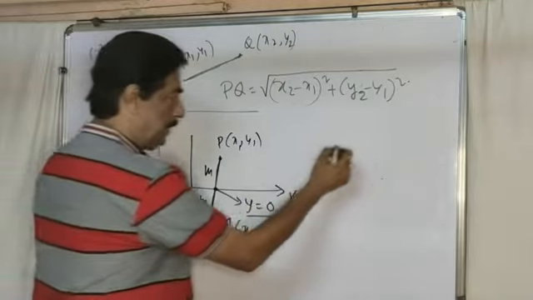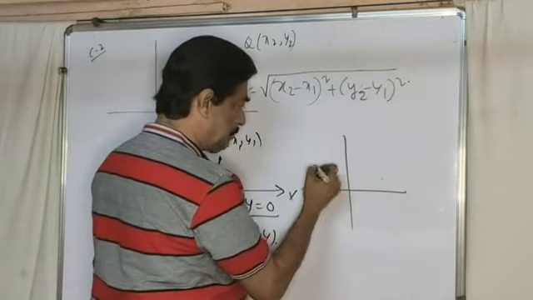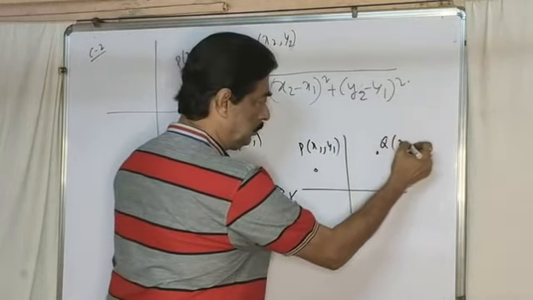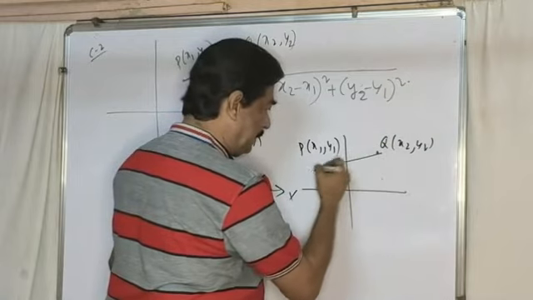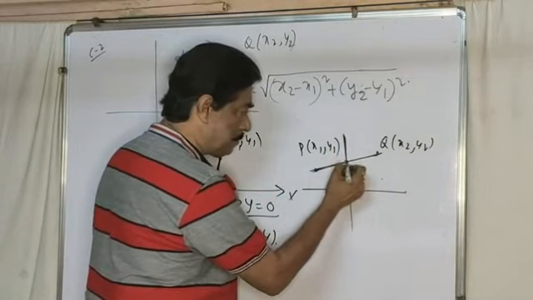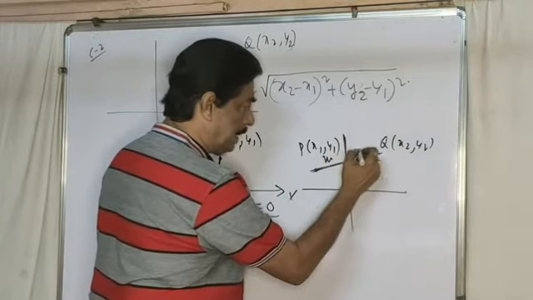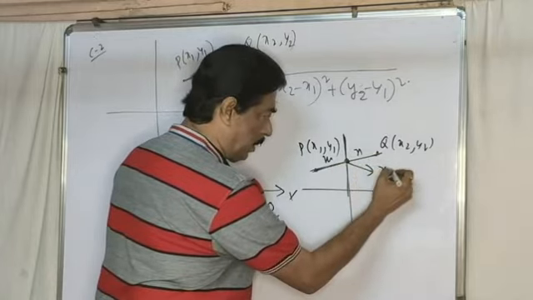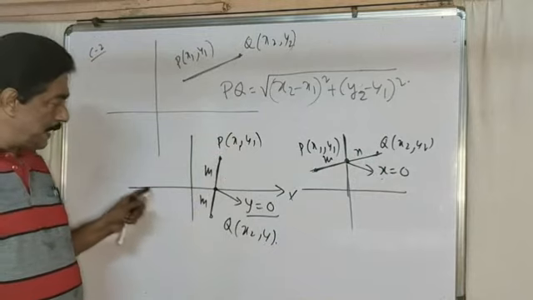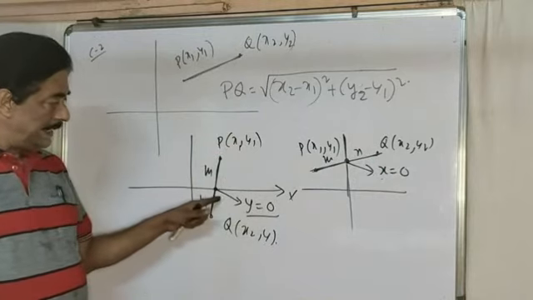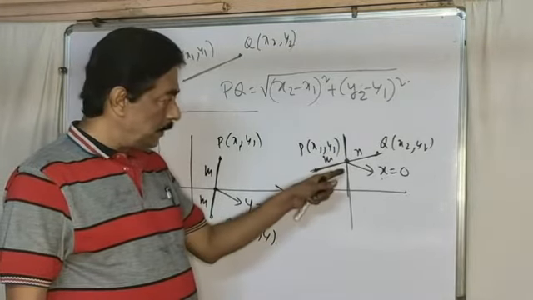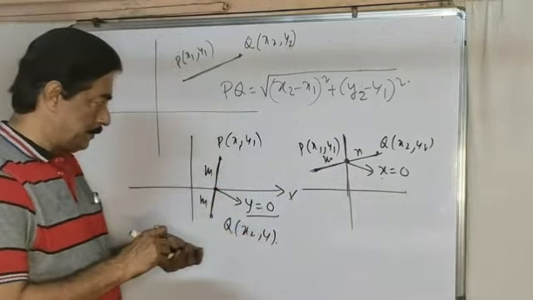Case 1. Let us consider these are the 2 points, P (x1, y1) and Q (x2, y2). Now the segment divides by y-axis internally. So if we say m is to n, this point will be x equal to 0 always. You have to remember the diagram. When 2 points divide by x-axis internally, then on x-axis the point has y equal to 0. Divides y-axis internally, then on that point x equal to 0. Next part.